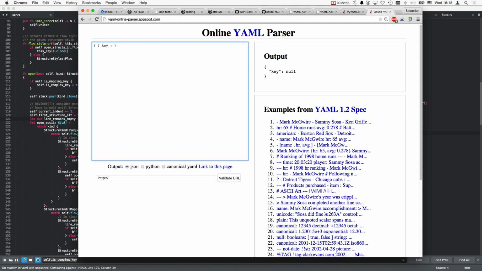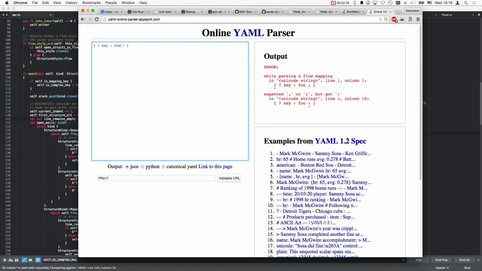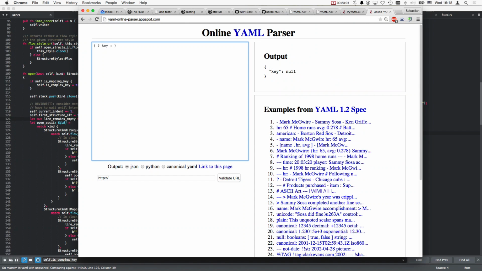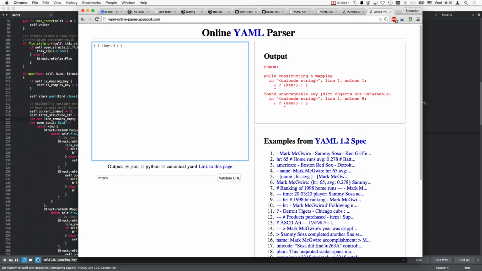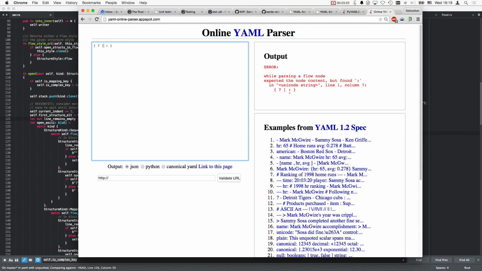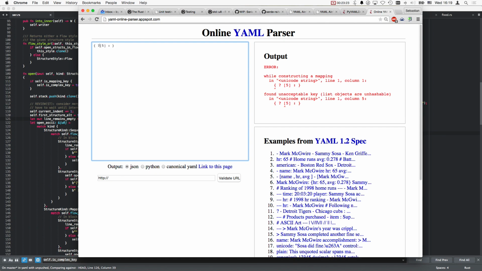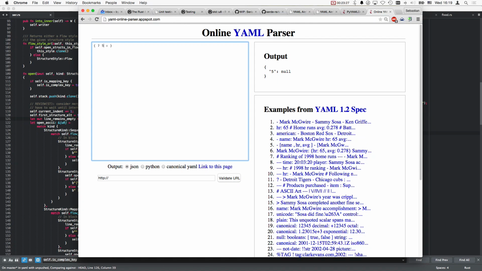That works, but that doesn't work on the parser side. That also works. It's kind of expected. That totally works. But this also works. So in long story short, in flow mode, the only thing we can have is a